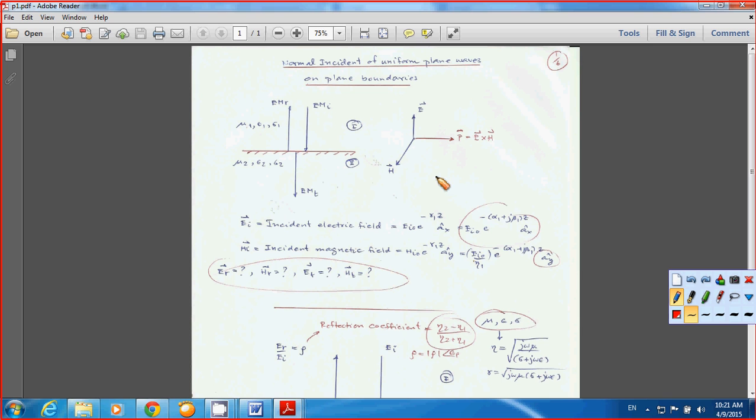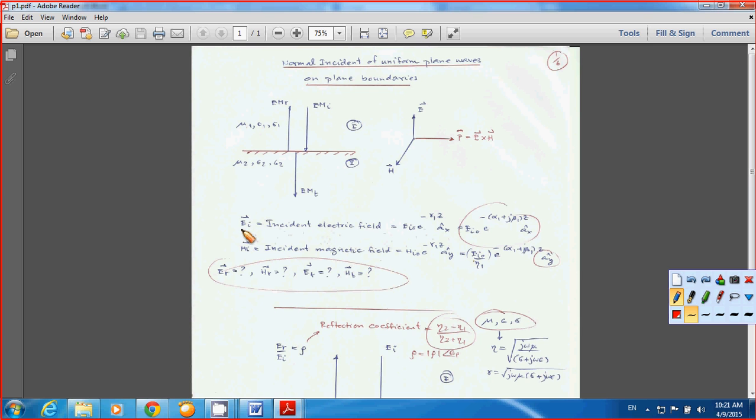Now since we already mentioned the parameter eta, the intrinsic impedance of a medium, and gamma is the propagation constant, this has the real part to be alpha, or the attenuation constant, and j beta, this is the imaginary part. Then beta represents the phase constant. So what we are